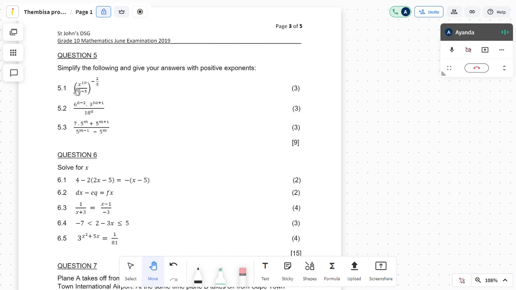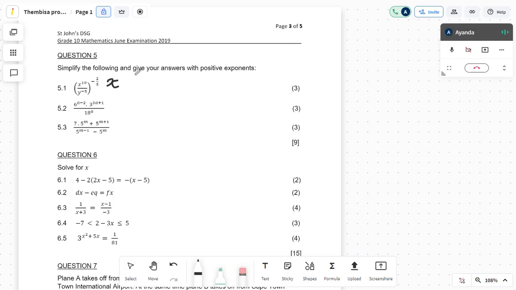We start off with x to the power of 10 over y to the power of negative 5, everything to the power of negative 2 over 5. Remember the laws of exponents. When you have a bracket and a fraction to the power of an exponent, that exponent applies to the exponents in your fraction. So this is going to be